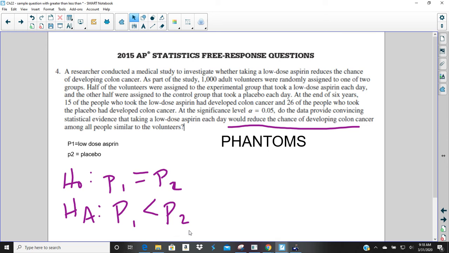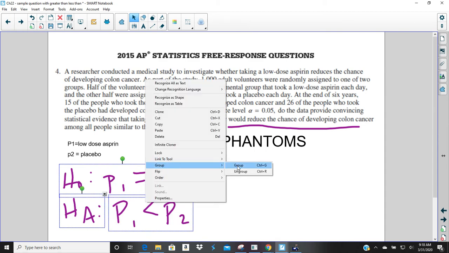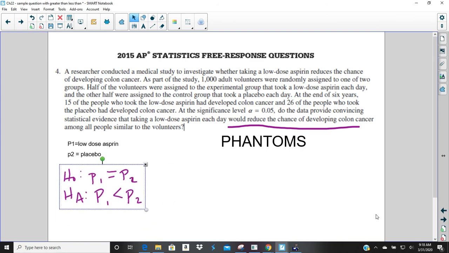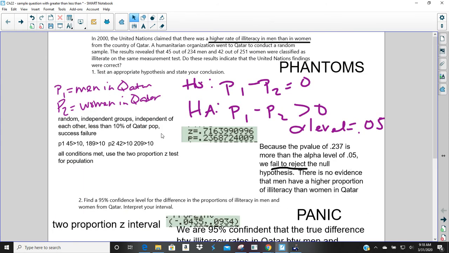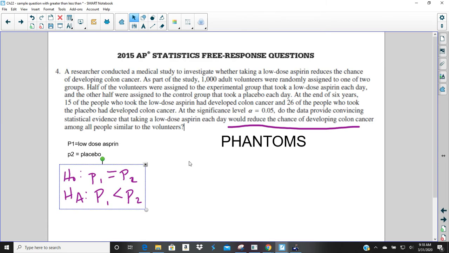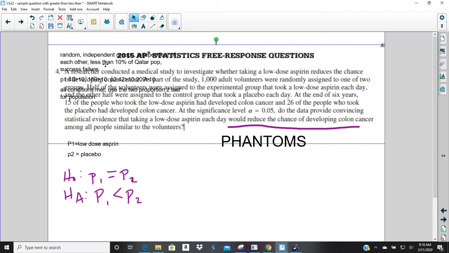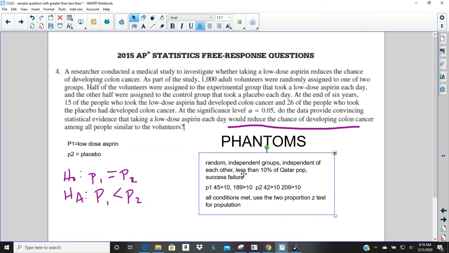Okay, so let's go through. Do I need to do the assumptions and conditions again? I want to drag them over from the other page. I'll just go through it and confirm for you that these are all in fact true. The one thing I had to switch is some of the wording, but it's the same. Get it into your mind. Obviously, when we get to the next chapter, some of these are going to be a little bit different, but otherwise they're the same. It said that it was randomly assigned. It's right there, randomly assigned, independent groups of each other. We're assuming that they are independent, of course, because they are independent people. Less than 10% of all people with